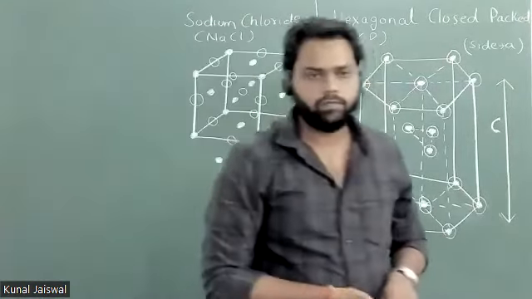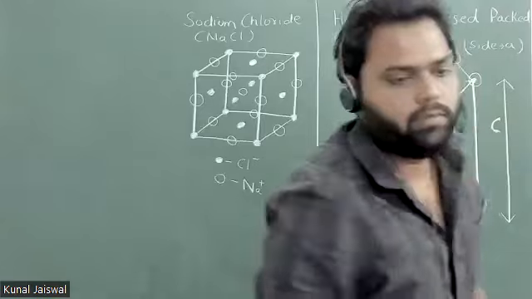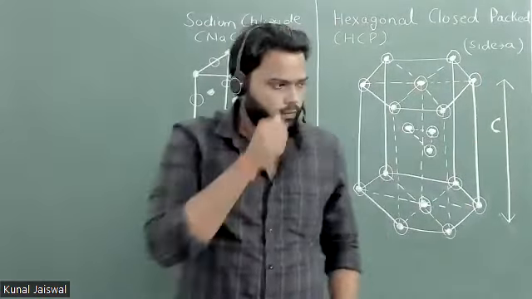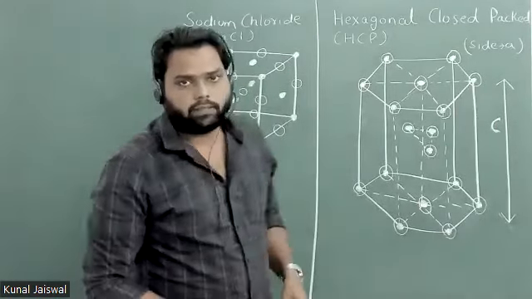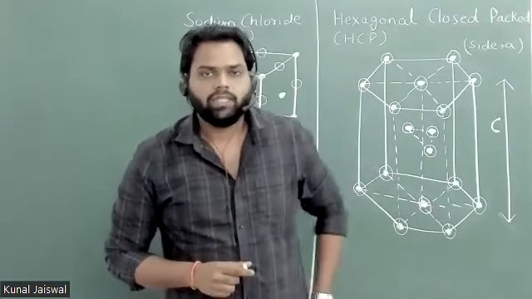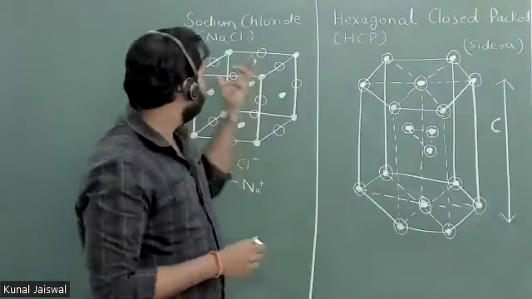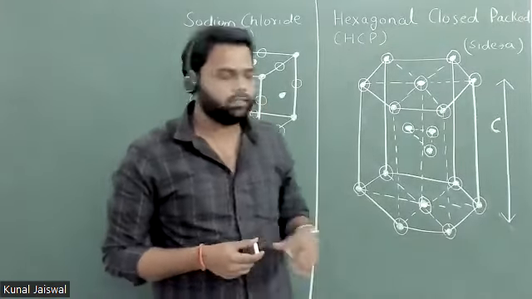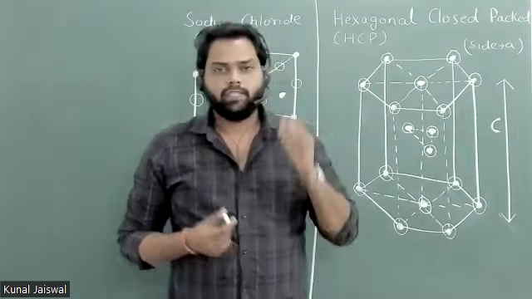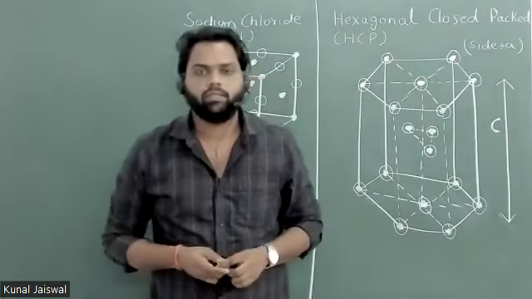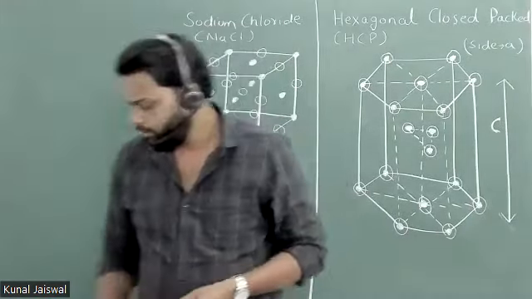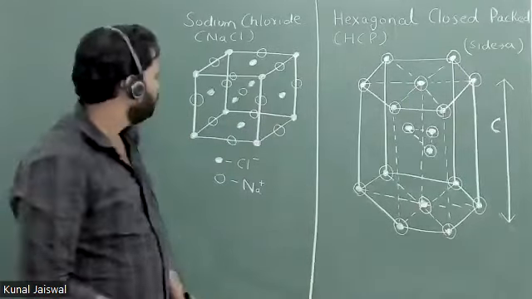So, what we were discussing yesterday, we were discussing the sodium chloride structure, right? We have completed till the atomic packing fraction, and we got the expression. Today's task, first, we will discuss something about the sodium chloride, and then we'll move towards the hexagonal close pack. So let's find out the nearest neighbor distance, coordination number, and second nearest neighbor for the sodium chloride. Okay, so let's start with the